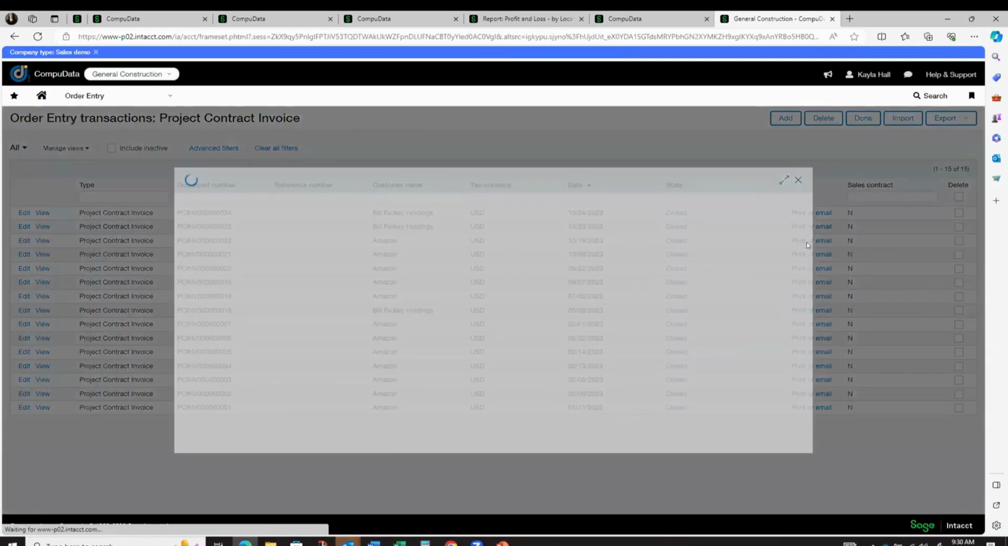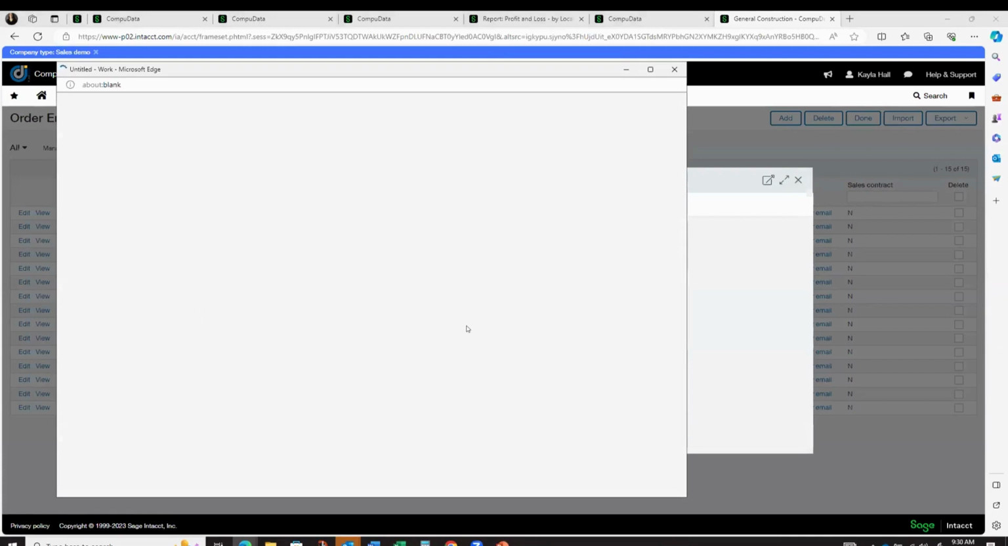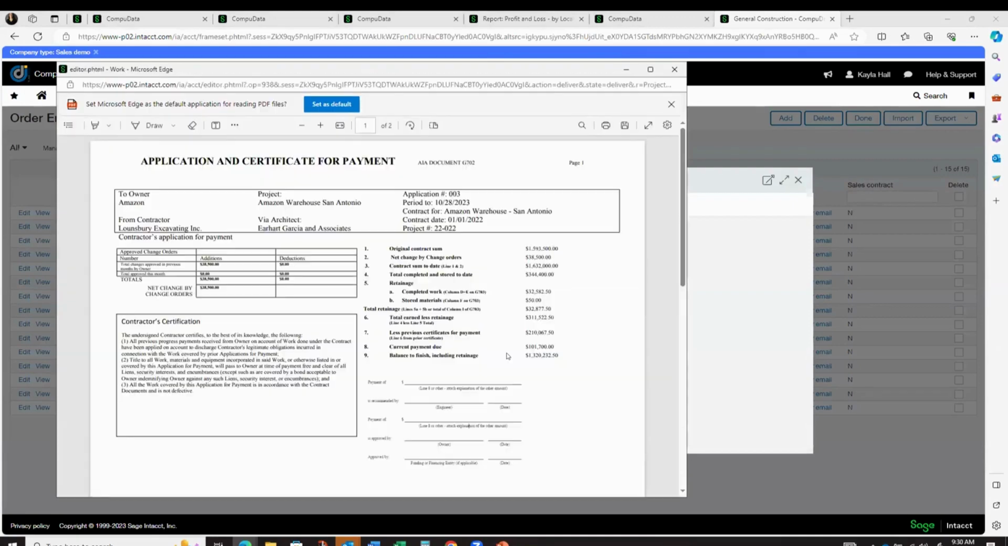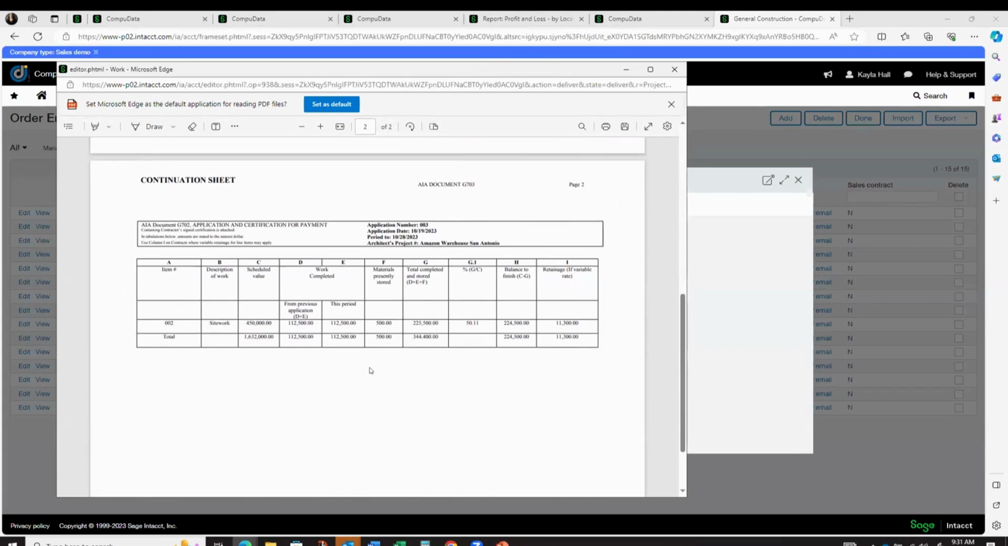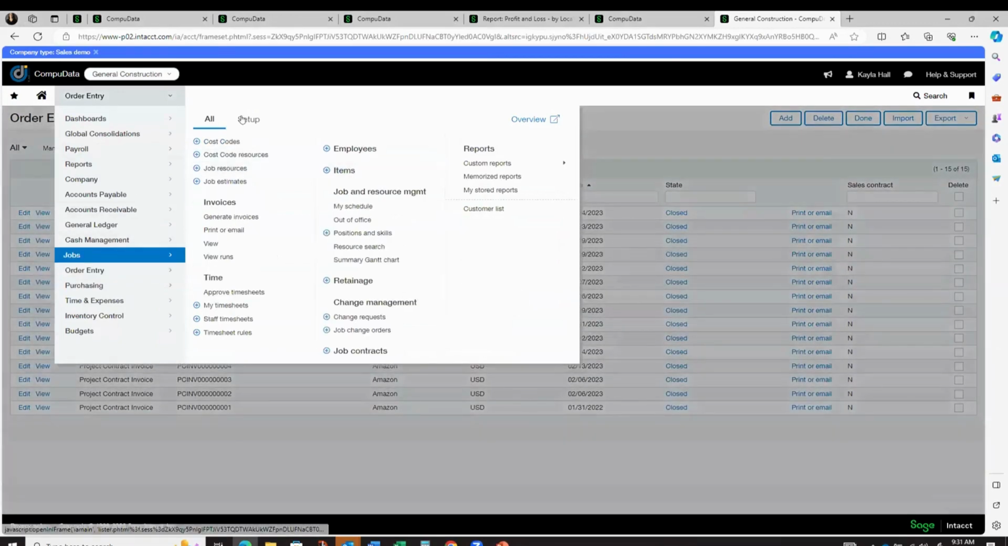So if I go in here, I'll actually show this one. This one's an AIA. You can print that. But we can really customize these based off of what you want to see on an invoice template. So again, this is pulling all of that detail. It also has a continuation sheet here. But what's nice about using the new project contract functionality out of Intacct is if I go back into my